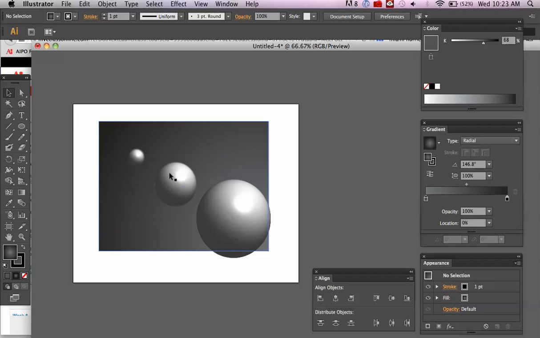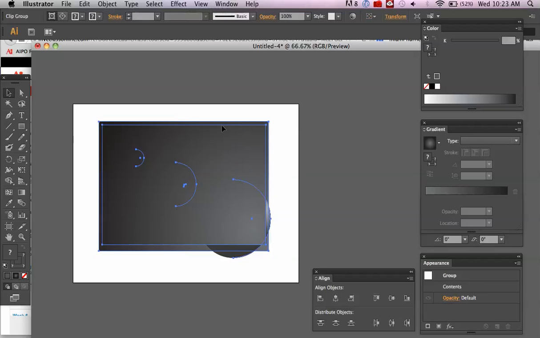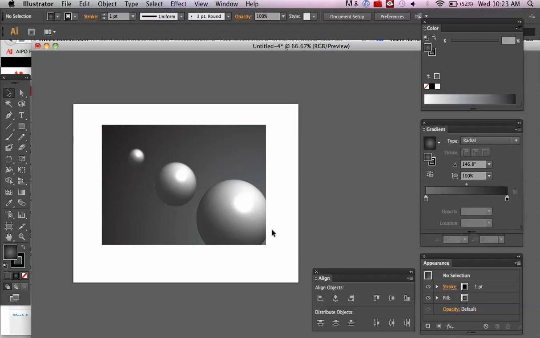So now that's going to give us, there we go. All right, so this is obviously way too simple to be a finished product, but the idea is there, where the value sort of changes. You've got focus changing, and then we can start to figure out how to add texture into this. But I just wanted to give you a quick start on that. And then sort of where the cropping would happen in the end. It doesn't really matter what that flipping mask on top looks like. But then there we go. So that's a good beginning. And then we've got to figure out what to do with the negative space and how to apply texture. So anyway,